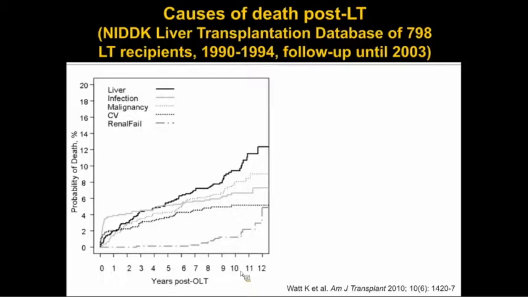After the first year, death because of acute infection declines as a cause, and malignancies and cardiovascular disease become much more important. So this is a cohort of patients who were transplanted in the early 1990s. And in this cohort, hepatic causes still accounted for nearly a quarter of the deaths overall in this extended follow-up. However, most of those hepatic deaths were actually due to recurrent disease, not due to rejection. And in fact, only 2% of the deaths overall were felt to be rejection-related. So I think this is important as a starting point of putting in context how often this is actually going to affect outcomes for our patients.